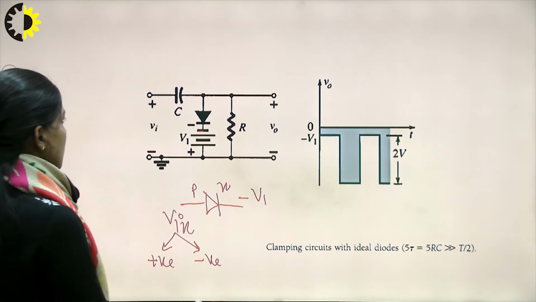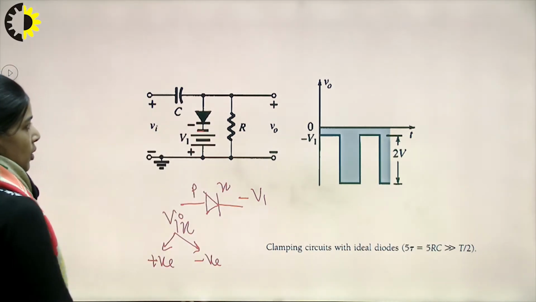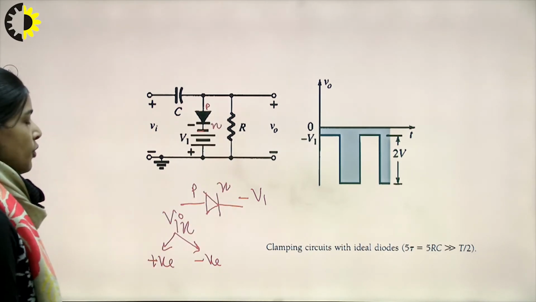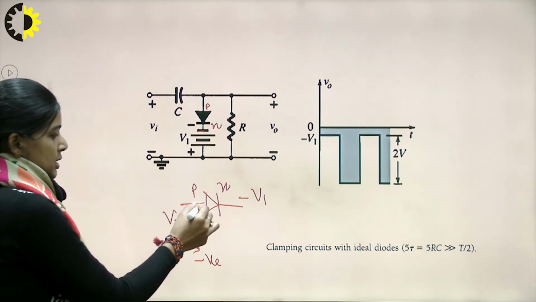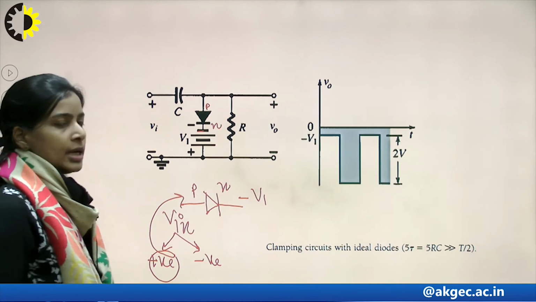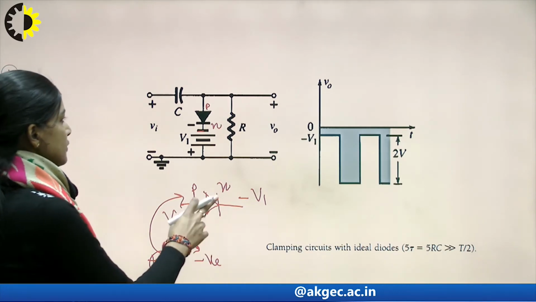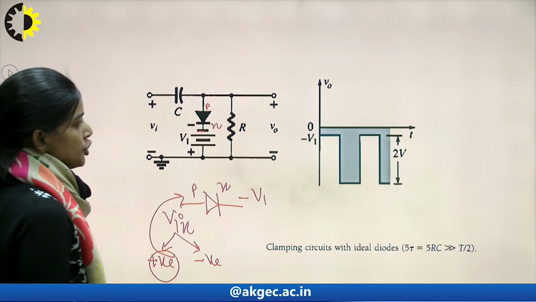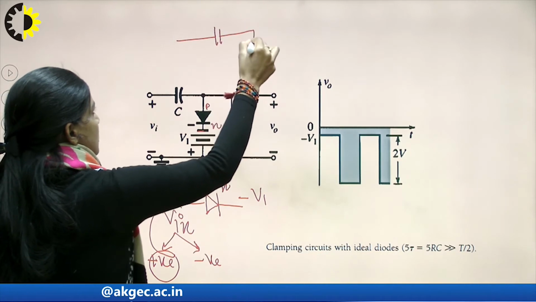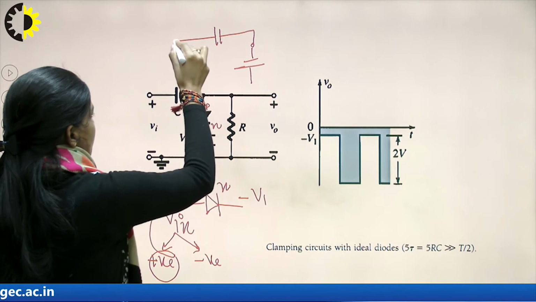So, this diode D for the positive cycle will be, this is P and this is N. For the positive cycle, as this will be connected to the positive value and this N side is connected to the negative potential, the diode will be short circuited and the circuit will look like this: a short circuited diode,